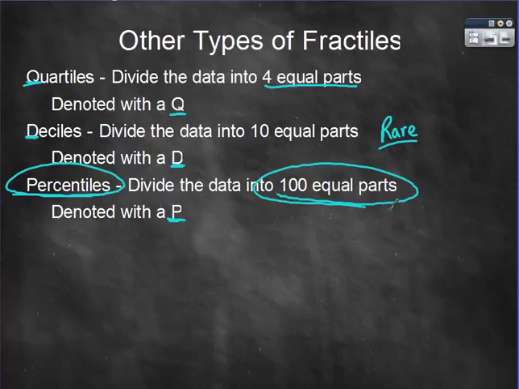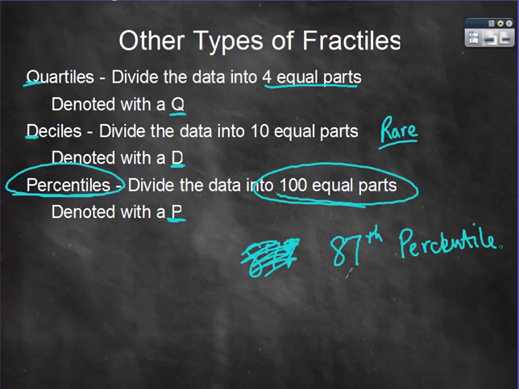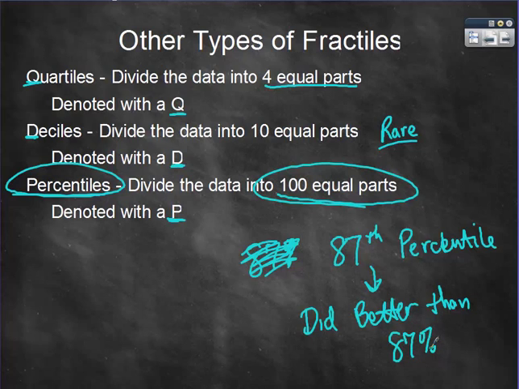So if you're in the 87th, we'll just do it this way since I can't write today, 87th percentile, it means that you did better than 87% of everyone else that took it. So if you're in the 100th percentile on the SATs, pretty much you're the best. If you're in the 2nd percentile, you might want to rethink what you're doing with the SATs because something's not working. All right? So other than that, that's what I have for the first piece of section 2.5, dealing with